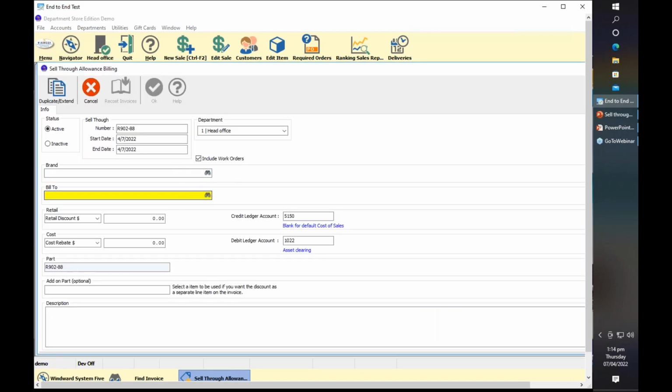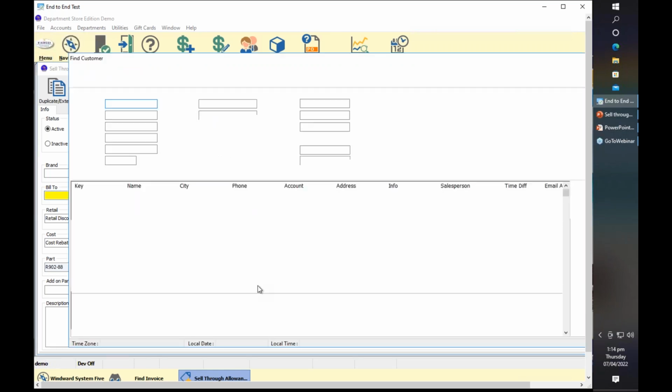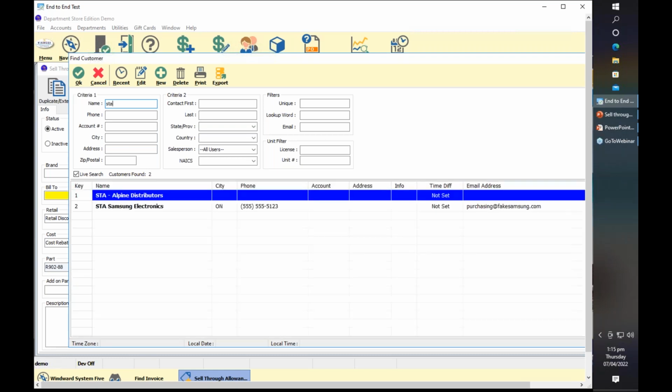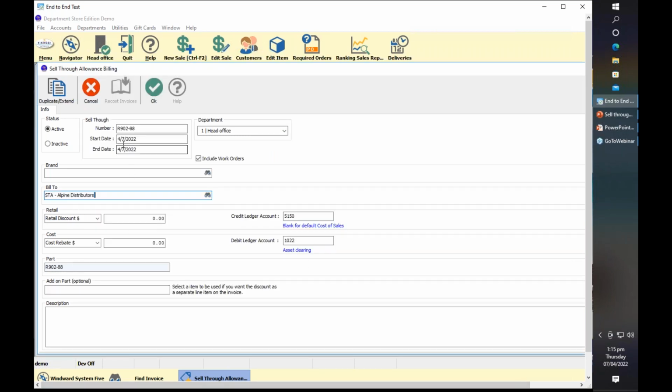Okay, so from here, bill to is required. Since we have selected the option which is the AR detailed credit, you will be asked to find a customer. So if that is the option that you'll be selecting, you need to create a customer record of that supplier. I have created a customer record of the suppliers I have here, STA Alpine Distributors. So that will be the bill to. And also, when you create the sell through for your item, you need to specify the start and end date. So let's say it ends